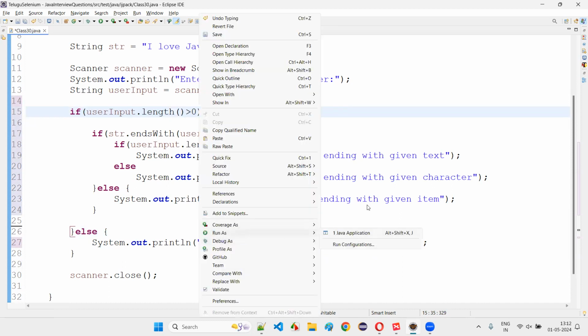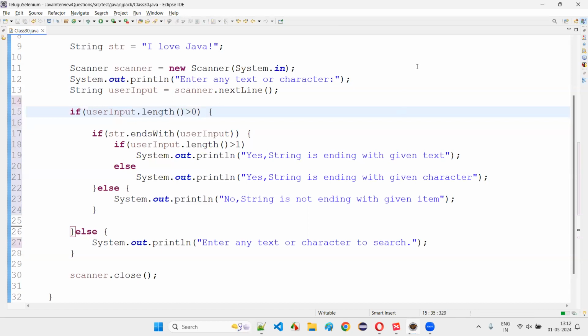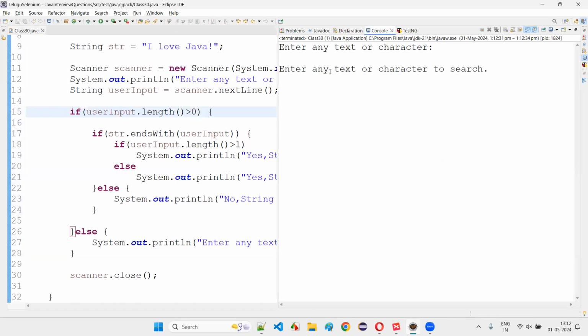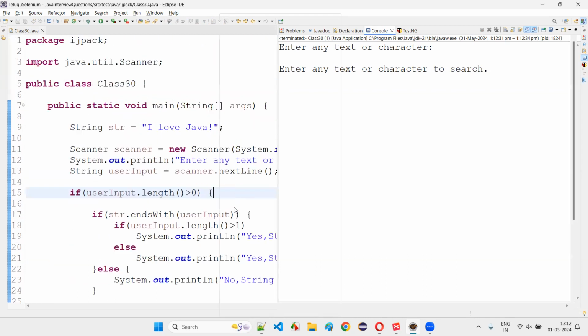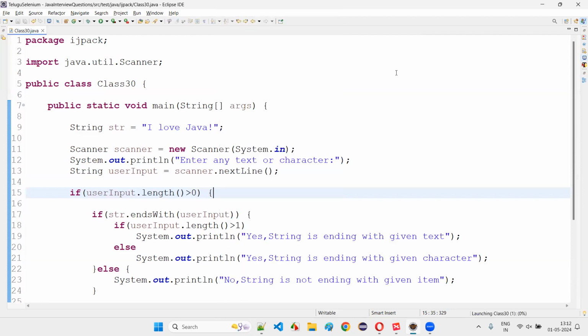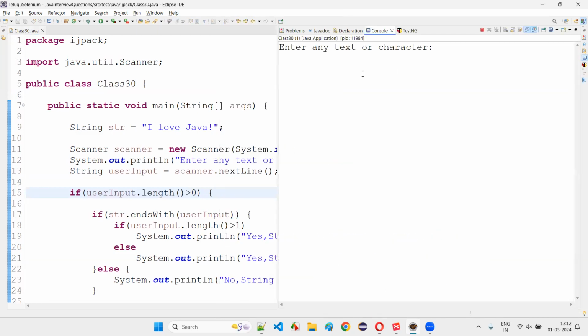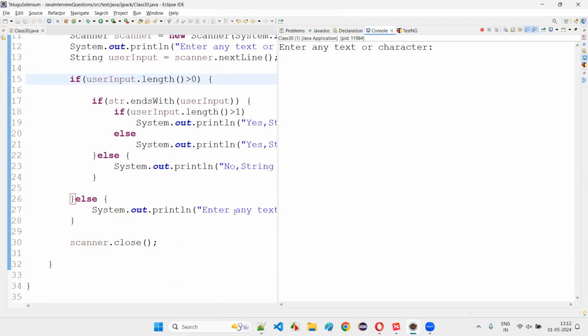Okay, right click, run as Java application. Let's see what will happen if I do something like this. If I don't enter any text, enter any text or character to search is coming. Now it's working fine. This is the way we can figure out the problem and make the program work better. The user has to compulsorily enter something. Without entering anything, if the user presses enter, it will go to the else block and print enter any text